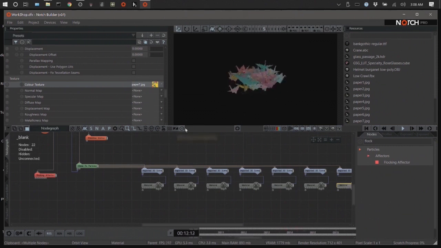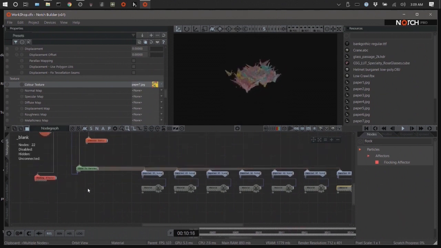So on the flocking affector, there's an input here called goal node. This one here. Yeah, the very left one. フロッキングエフェクターの一番左側の下の丸っこいちっちゃいやつですね。So what we'll do is we'll add a null. そこにヌルをつなげます。